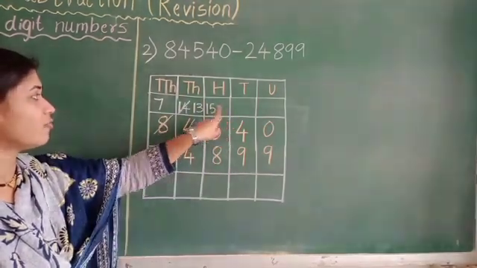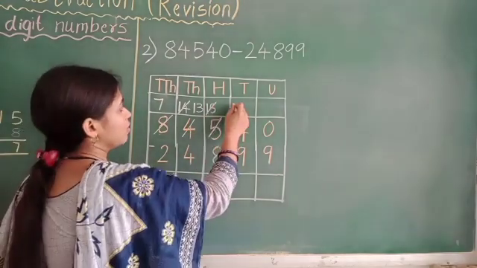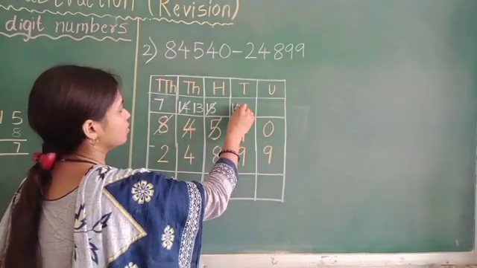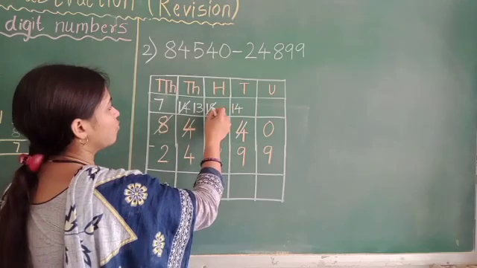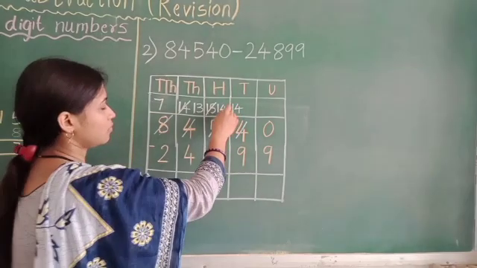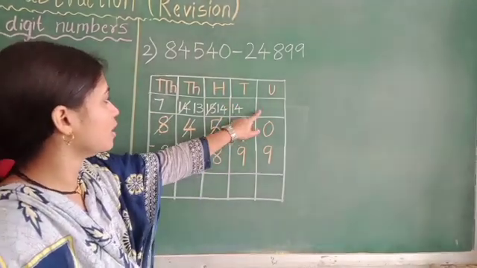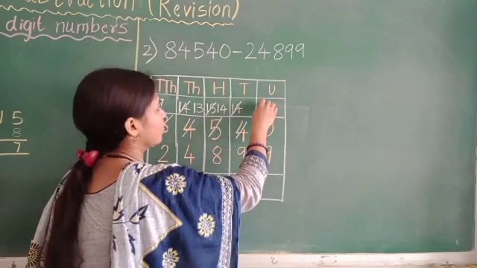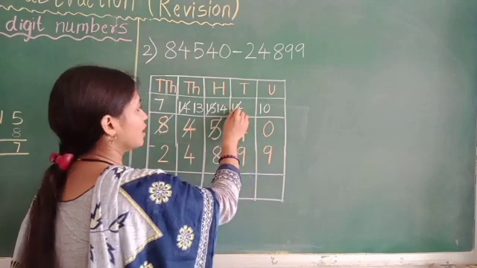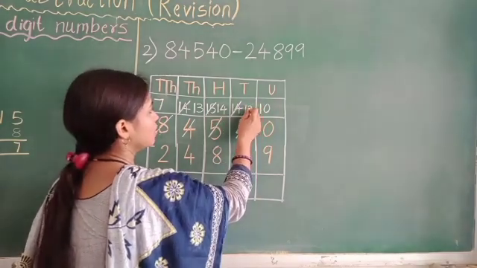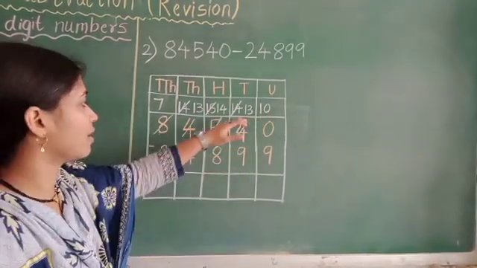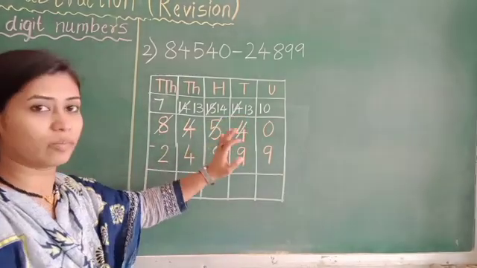Can we take 1 tens from 15 now? Yes. 1 tens from 15 and 4 from the unit. 1 tens from 15, what will remain here? 15 minus 1 is what? 14. Now can we take 1 tens from 40? Yes. We will take 1 tens from 40 and 0 unit. After taking 1 tens from 40, what will remain here? 30. Now we can subtract. The number has become greater than the number below.